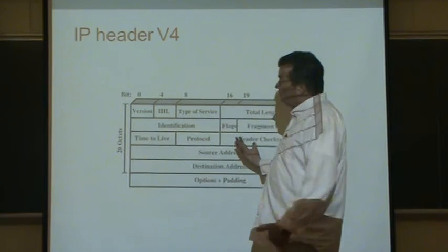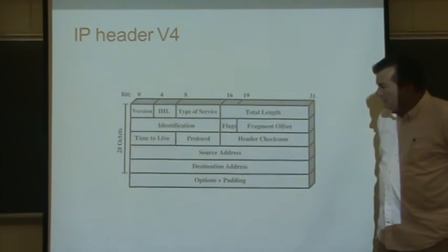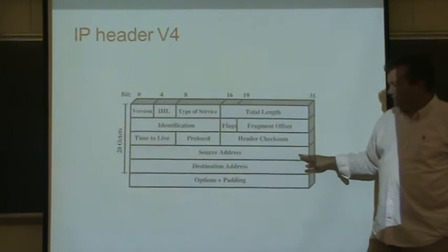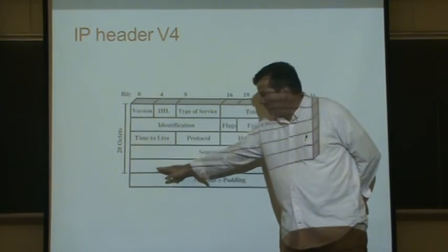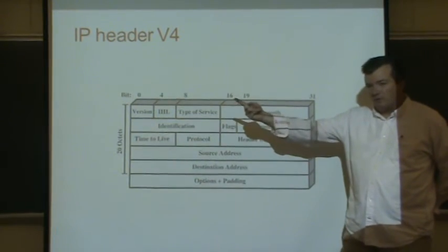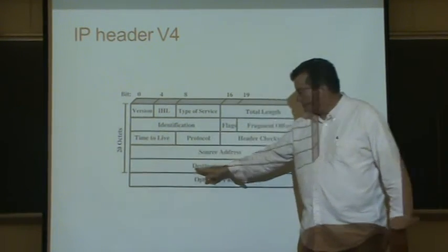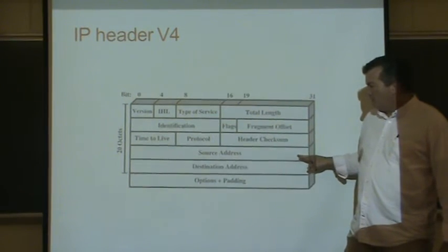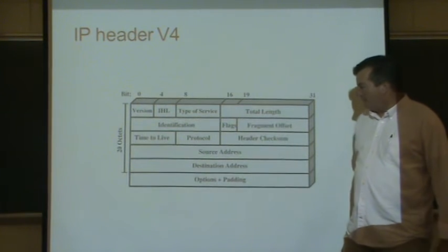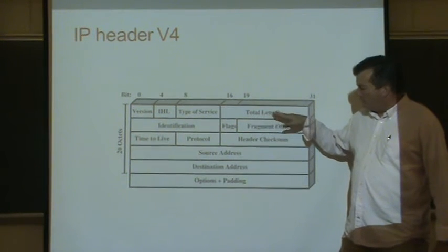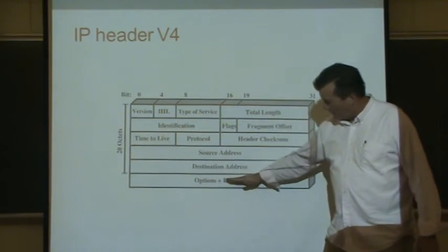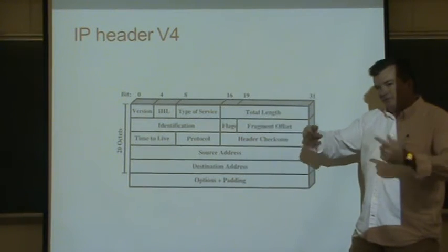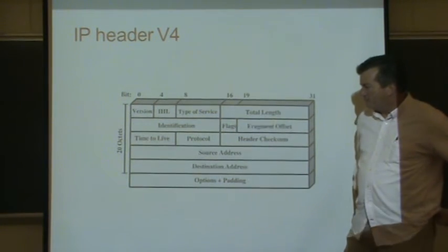Anyway, here's the version 4 example. We give 32 bits for our source IP address, and another 32 bits for the IP address of where the message is going. So we would put Facebook's IP address here, and our IP address here. We have another checksum field, and a total length of the message, so we can add more layers of options and padding. We can make the message bigger if there's something very special about our transmission.